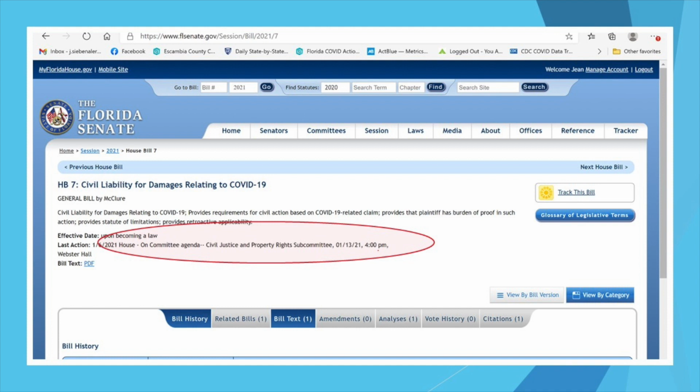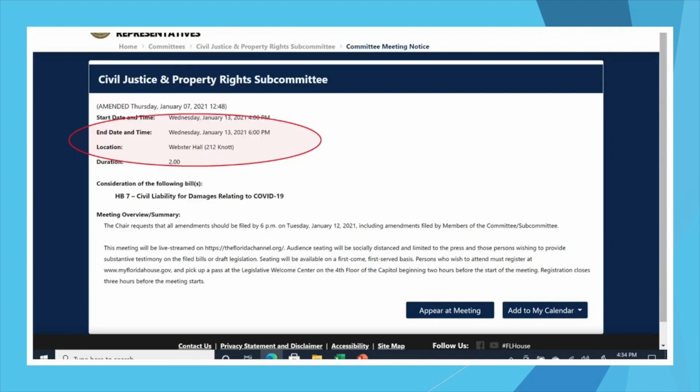Now, let's say you are tracking a bill and find out it is scheduled for an upcoming committee hearing. If you wish to travel to Tallahassee to speak on the bill, you can locate information regarding date, time, and location of the meeting by clicking on the committee's name. It is not uncommon for committee hearings to be changed, postponed, or canceled, so it is important to frequently recheck